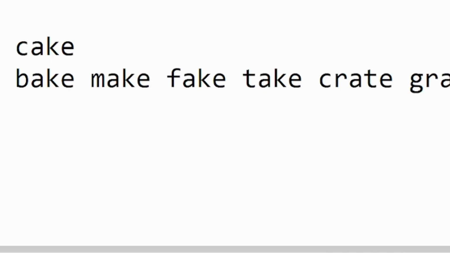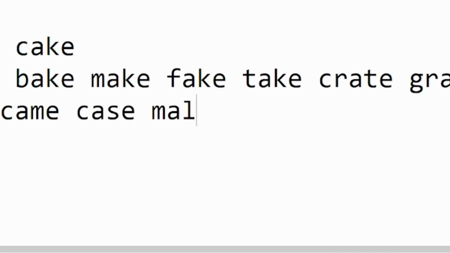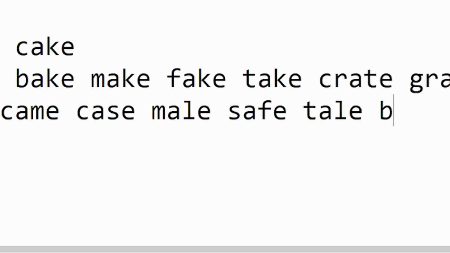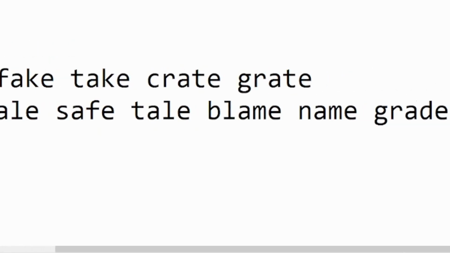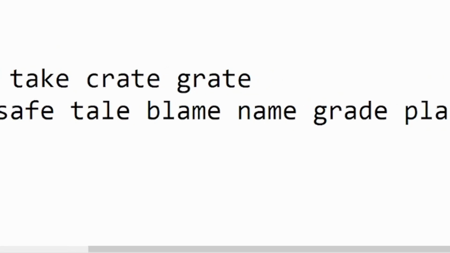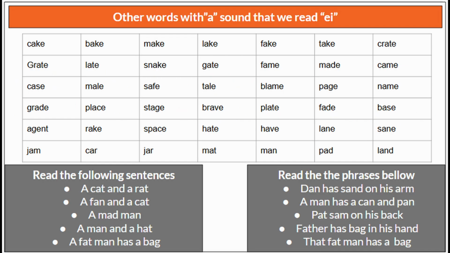But for us to read it made, we have to put the vowel after this consonant. Came, case, mail, safe, tail, blame, page, name, grade, place, stage, brave, plate, fade, base, agent, rake, space, hate, have,